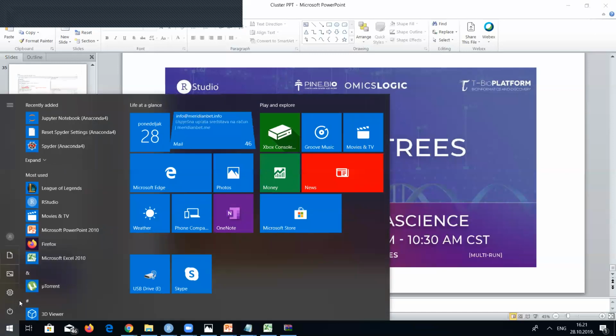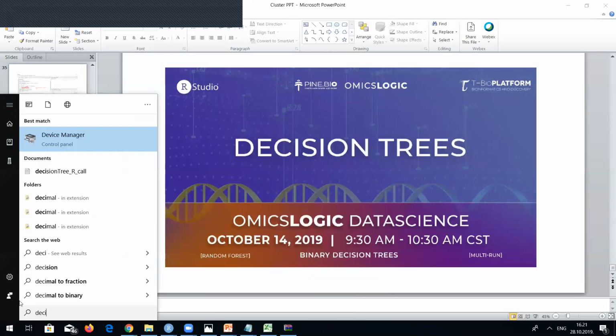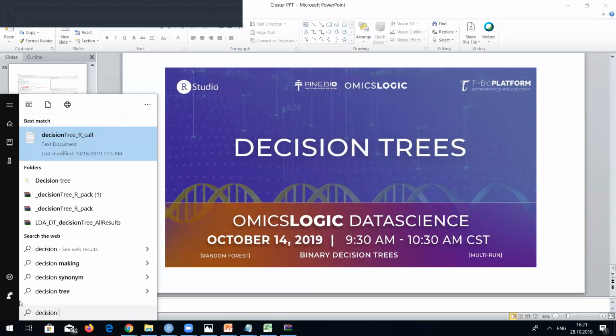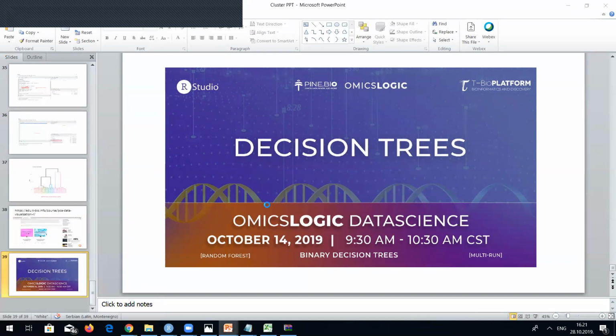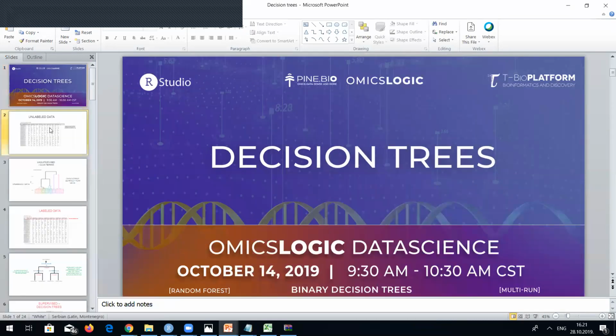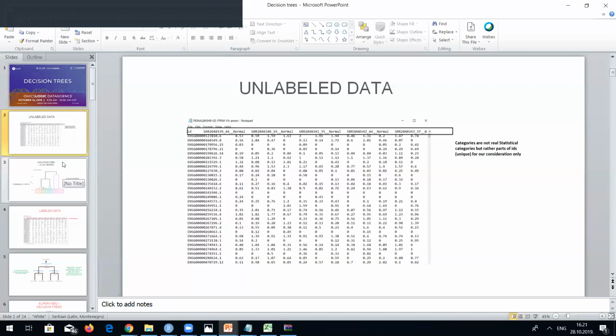Let me just see if I can find that one here. Okay, so we also have different aspects of analysis when viewing our tables. So we said that